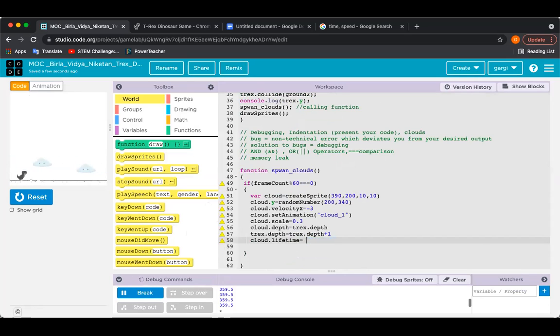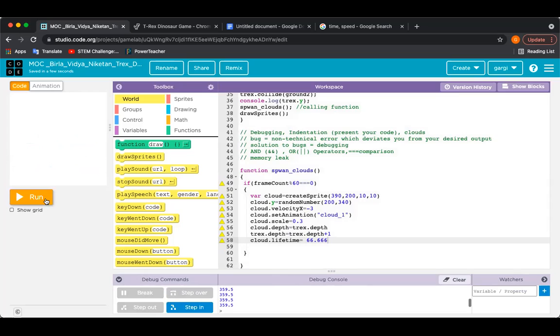Okay, if I divide 200 by 3, what will I get? I will get 66 point something, right? Let's reset run.